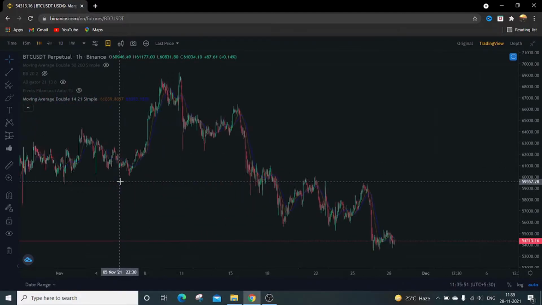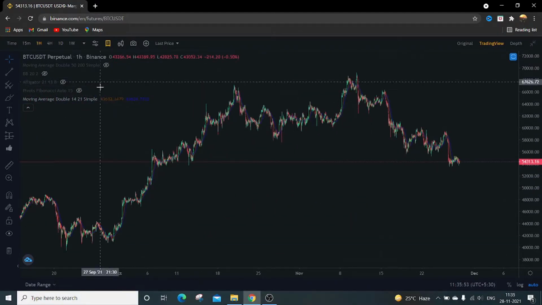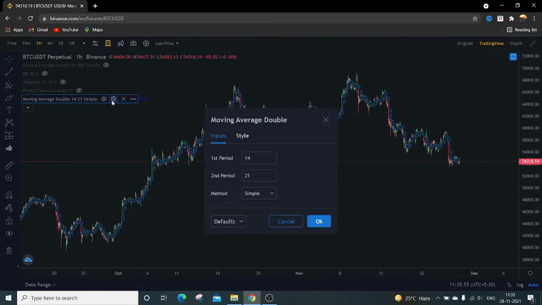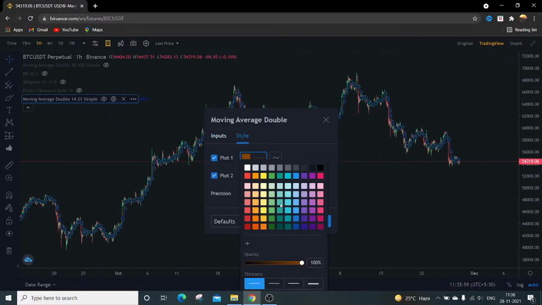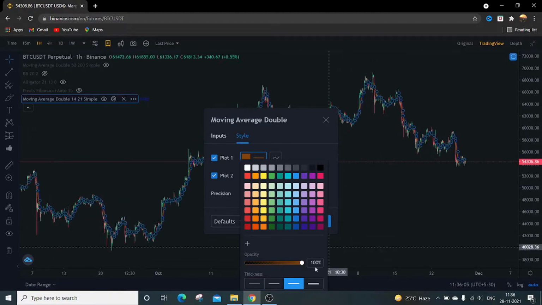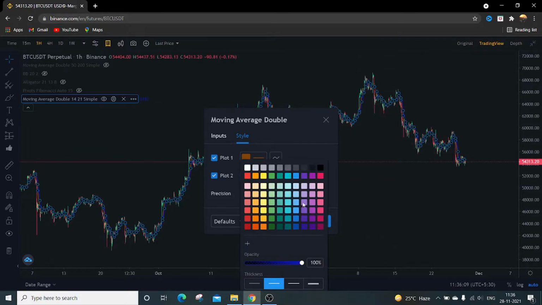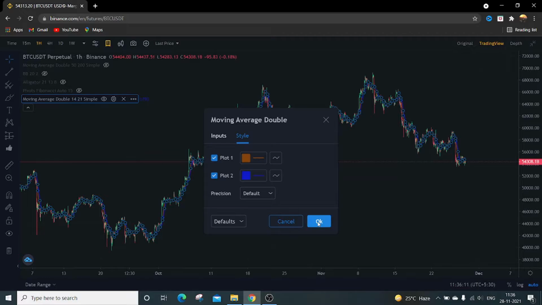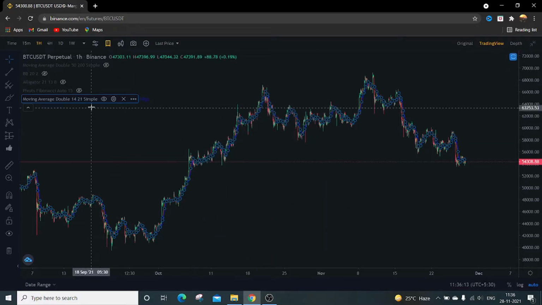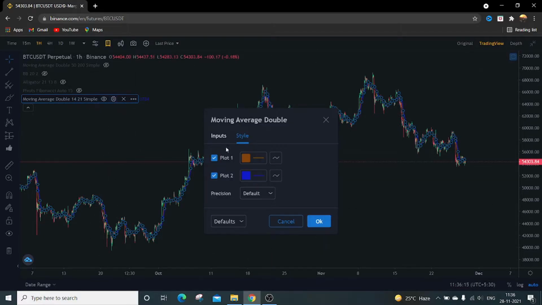It is very faint in color, so I will go to the settings. In styles, I make it slightly darker, and try to make this one slightly darker as well, then click on OK. To change the inputs, again settings, input,